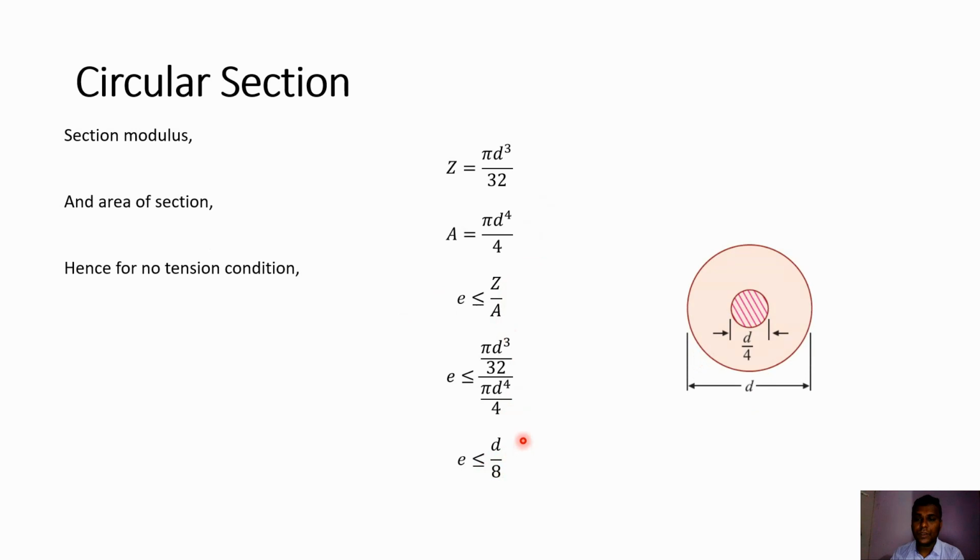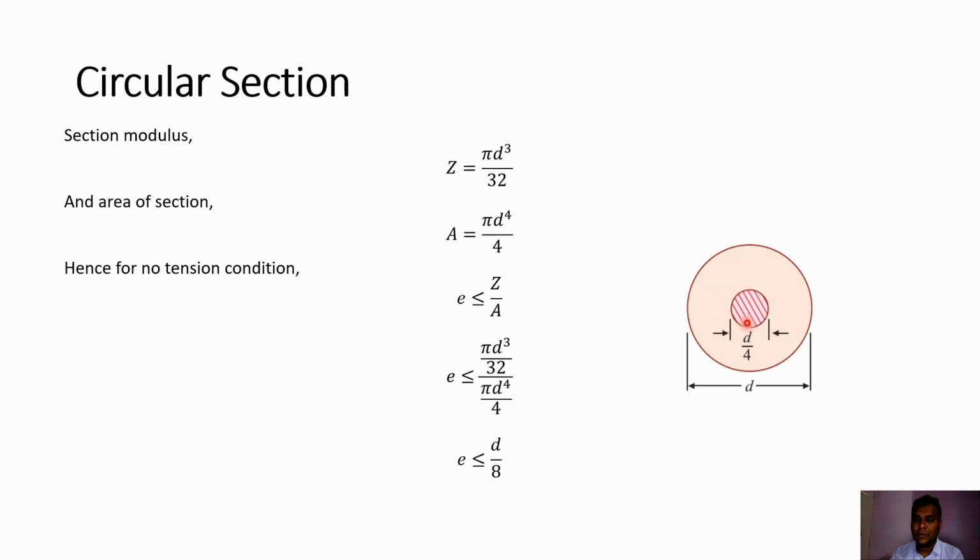So here we can show in the diagram for this circular cross section, from the center of the circular cross section, on this side it is d by 8, and on this side it is d by 8. So the total diameter of this region will be d by 4. So over this region, if we apply any compressive load on this cross section of this column, whatever resultant stresses develop over this cross section will be wholly compressive in nature.